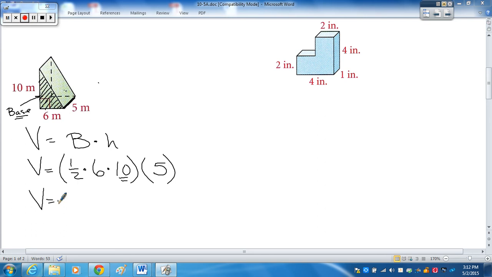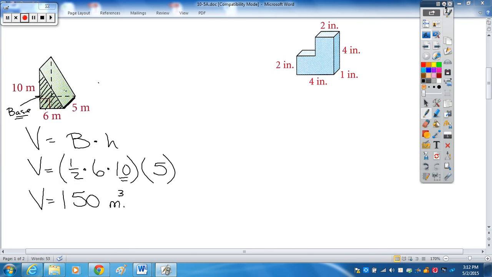Half of 6 is going to be 3, times 10 is 30. And then 30 times 5 is 150. And so like on the last one, make sure you label it as if it's a volume there. Okay, so 150 cubic meters. 150 of those big cubes that are each a meter by a meter by a meter are within that